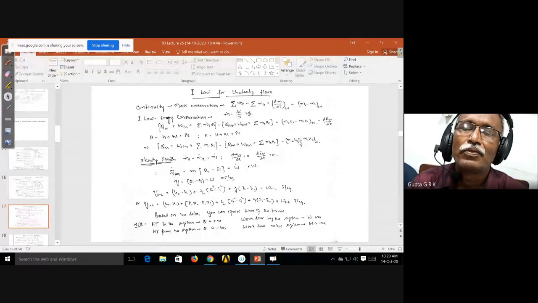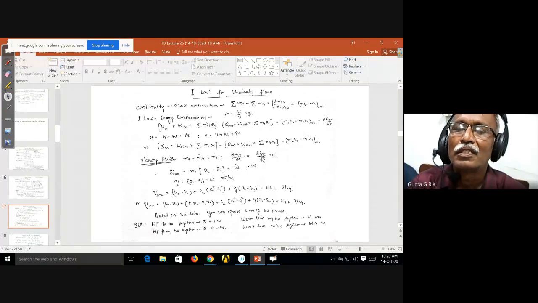This is the unsteady flow. Then coming to the steady flow, mass entering will be equal to mass leaving, and dm_CV by dt is equal to 0. The change of energy of the system with time is also 0. So mass entering is equal to mass leaving is equal to m dot in general. Okay, so in this equation we can write: Q dot is equal to m dot into (theta_e minus theta_i) plus W dot. Okay, so this is the equation.